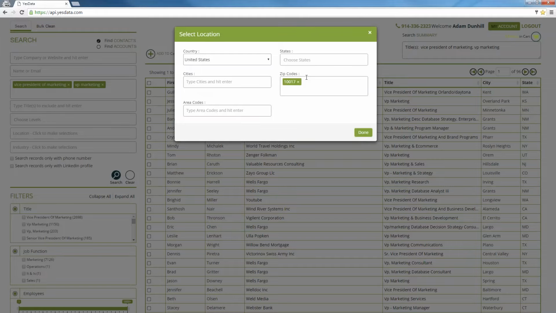So this is selecting vice presidents by specific titles within the zip code 10017. You can do the same thing with states, cities. You can enter multiple by entering 10017 and then 10018 and either hitting a comma or 10020 and hitting enter. Each one of those things will allow you to put multiple values into zip codes, cities,